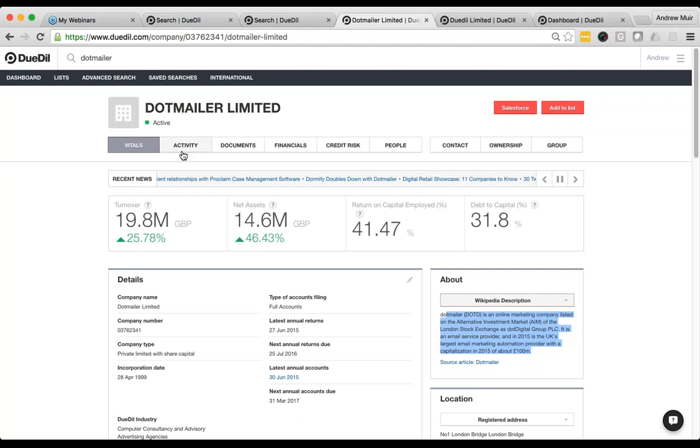There are different tabs at the top which will focus on specific types of information, and that's very much how we combine these data sets. We build specific areas for you to focus on depending on your activity. So if you're a credit manager, you're going to look for the credit risk and you're going to get a credit report on that company. But let's say for now, I want to focus on the financials.